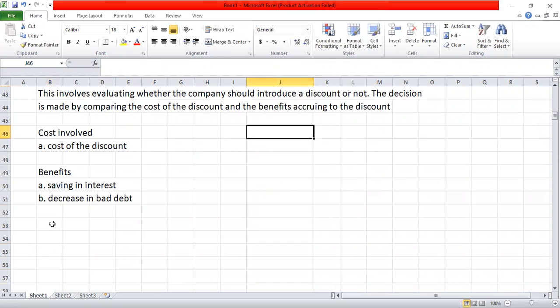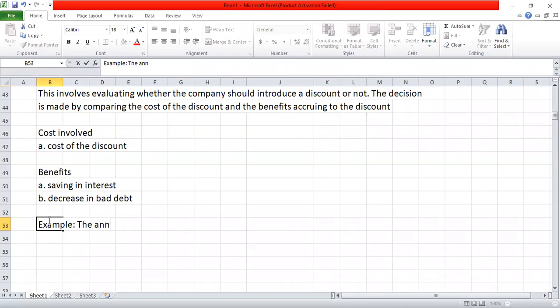So if you can look at a simple example, the annual